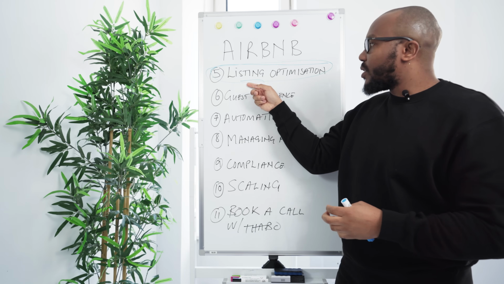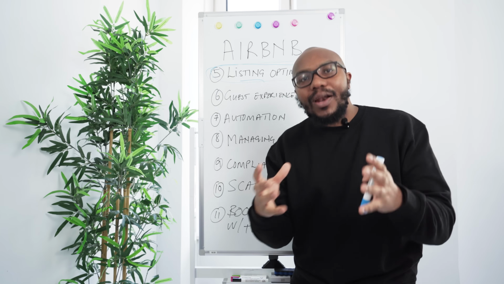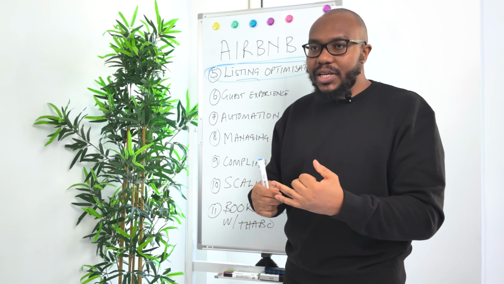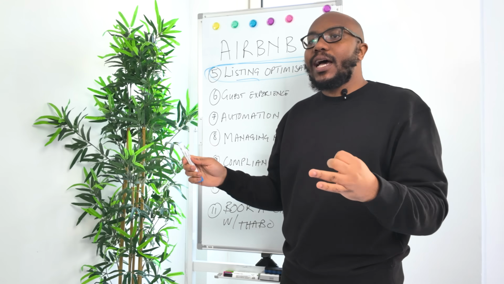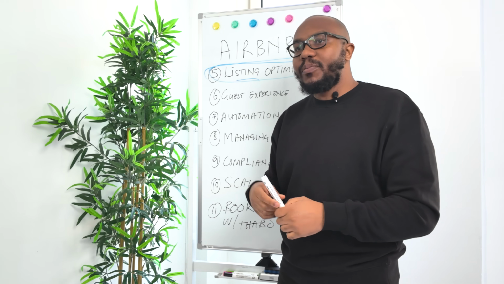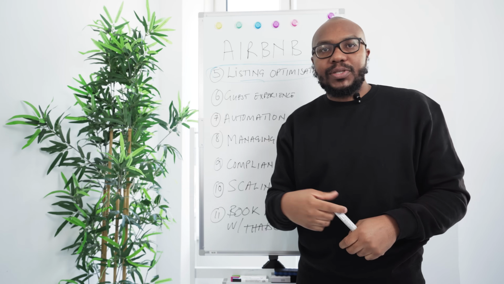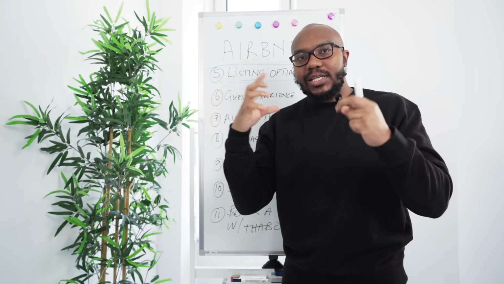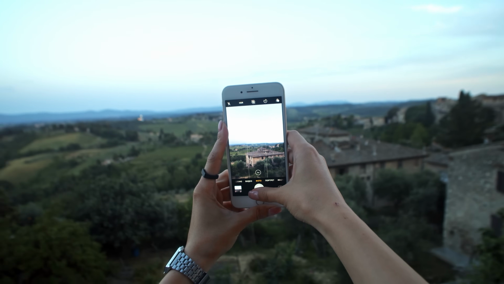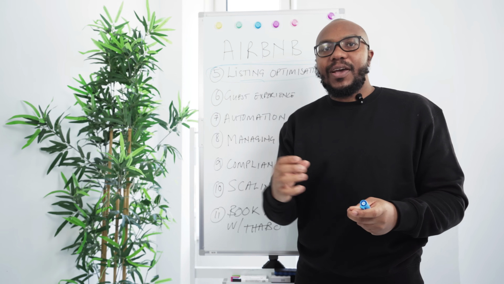So after doing that, you need to list on OTAs, and when you're listing on OTAs, you want to optimize the property. So you want a catchy description, a catchy title, and professional pictures for you to list your properties on OTAs. Because remember, photos are the ones which will sell your property. Gone are the days where you just take pictures with your iPhone or your Android phone. No, that doesn't work now. Every listing needs to have professional pictures.